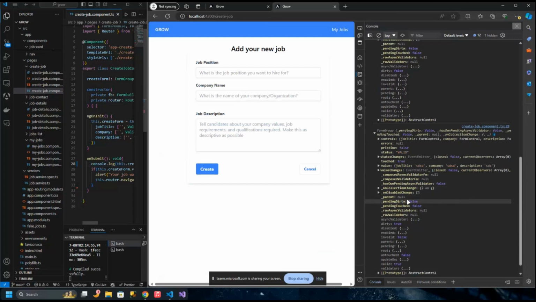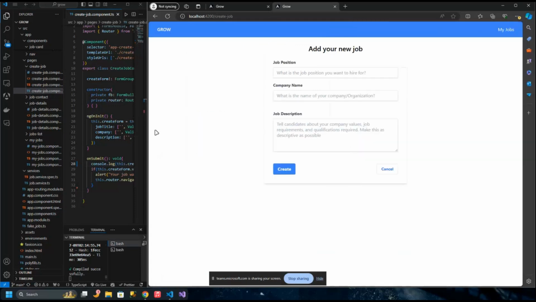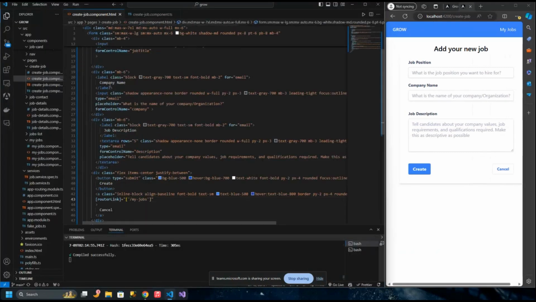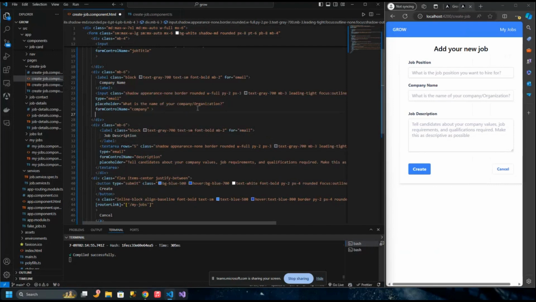So we are going to use some of these values like touched and valid, error, and stuff like that to show that some values need to be filled. So let's get back to the code, and we'll go into each of these fields. Now the job position, we are just going to